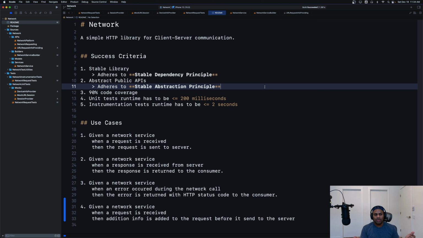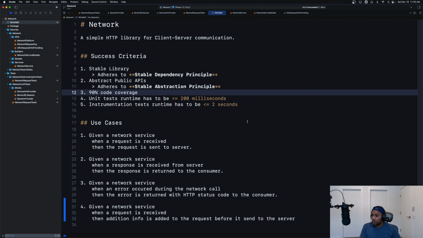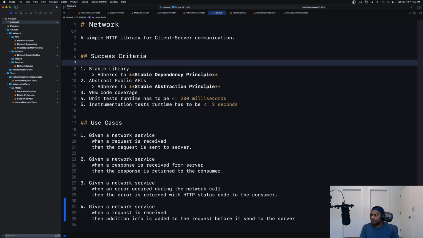At the same time, it is closed for any modification, which clearly adheres to the open closed principle. The open closed principle is again a part of the stable abstraction principle as well. So I highly recommend you guys read something about the stable abstraction principle as well. So now comes the